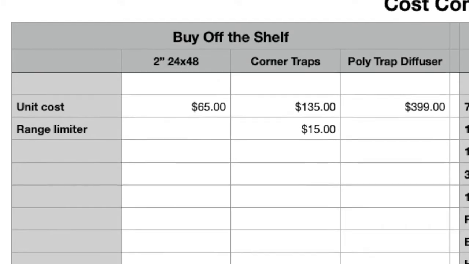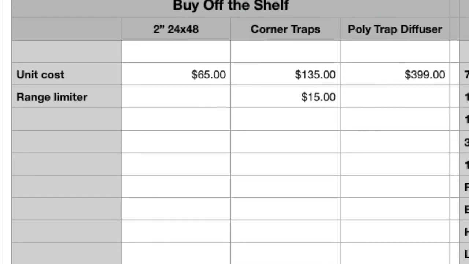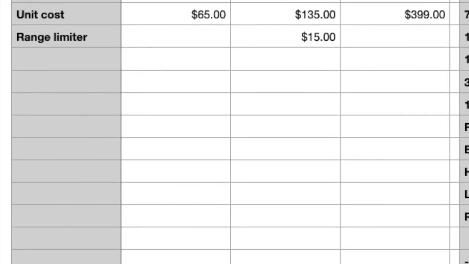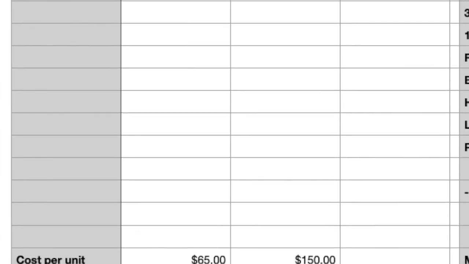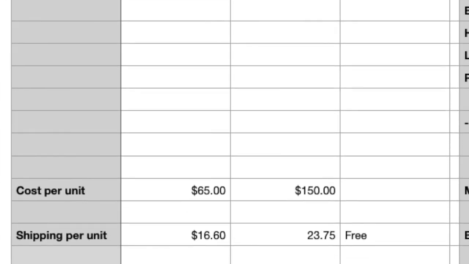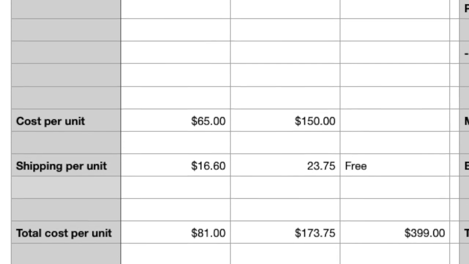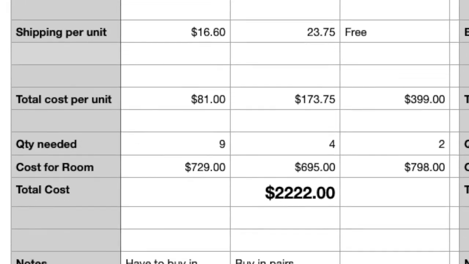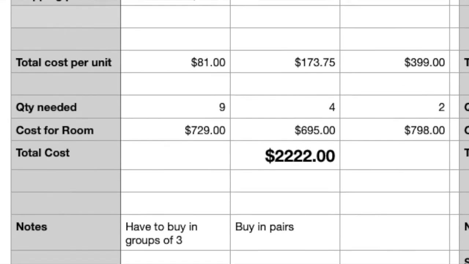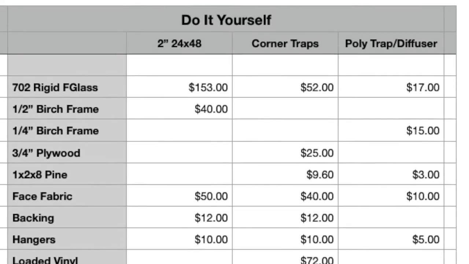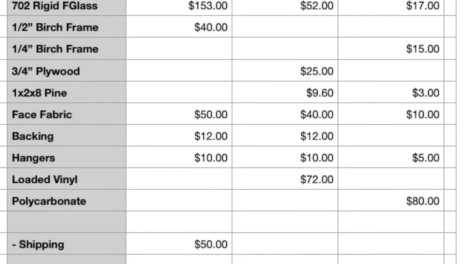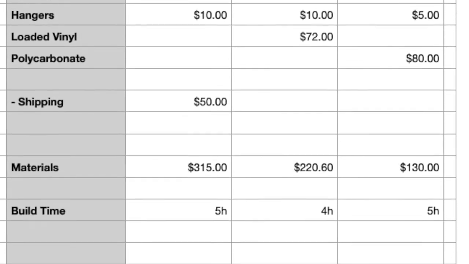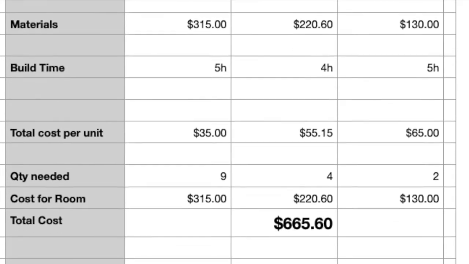So now I'll open the topic of not to buy, but DIY, and compare in detail the cost benefits of treatment options. If I were to purchase off the shelf all of the absorbers, traps, and diffusers used in my room, the total cost would have been over $2,200. In choosing to DIY the absorbers, traps, and diffusers in my room, the cost came to around $650. That's a savings of nearly